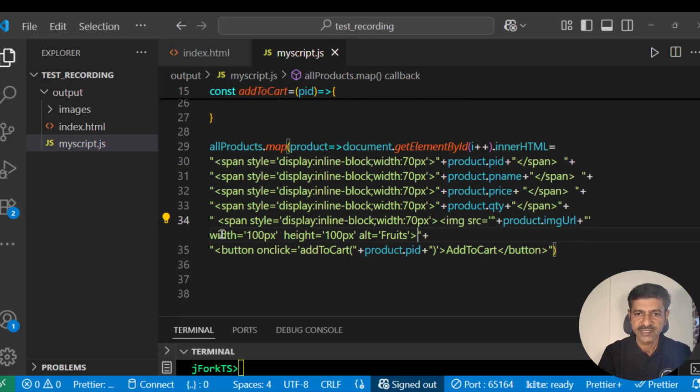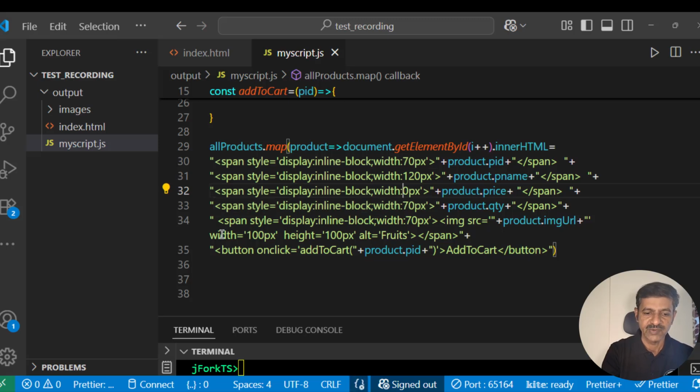And then the image tag ends here, so the span tag should end here. For the button, if you want you can put one, otherwise it is fine because there is no element coming after that. Span tag is not required. The only thing is the product name is going to occupy more space, so it should be 120. Price again is going to be very small, maybe 50, and then quantity will be very small, maybe just 10